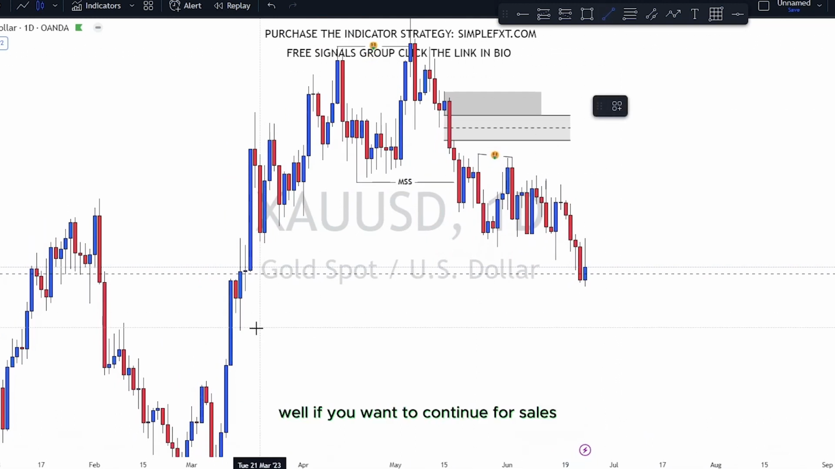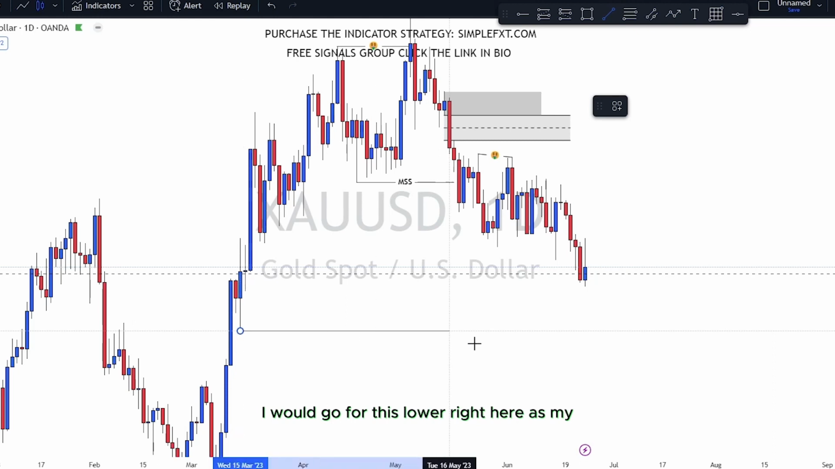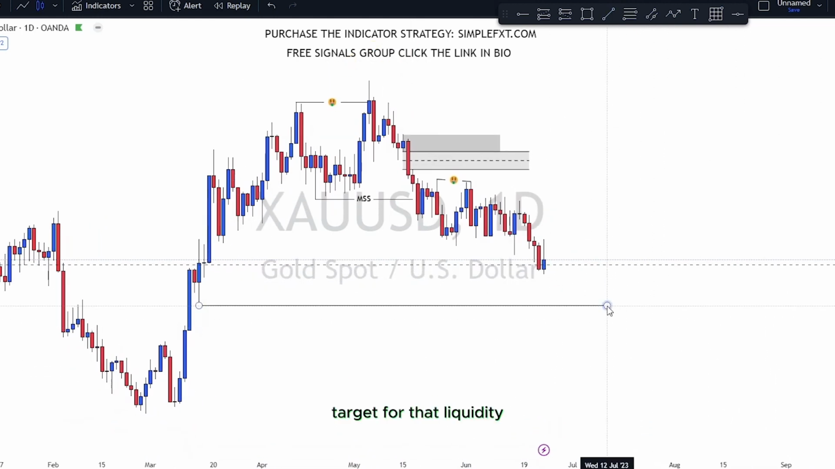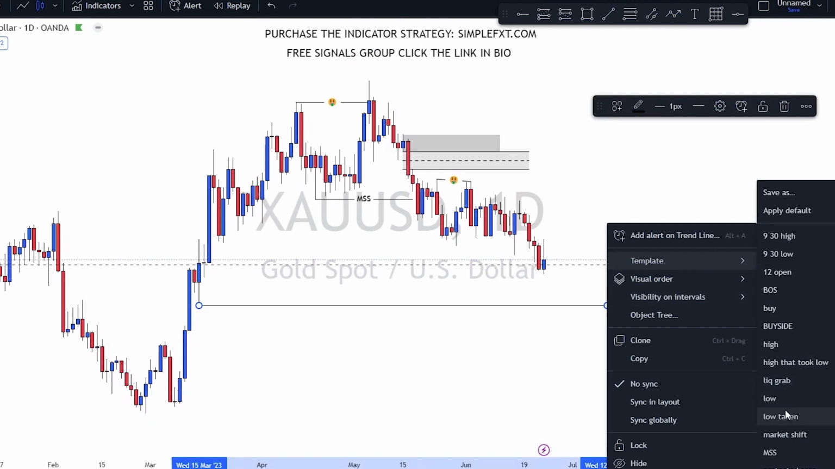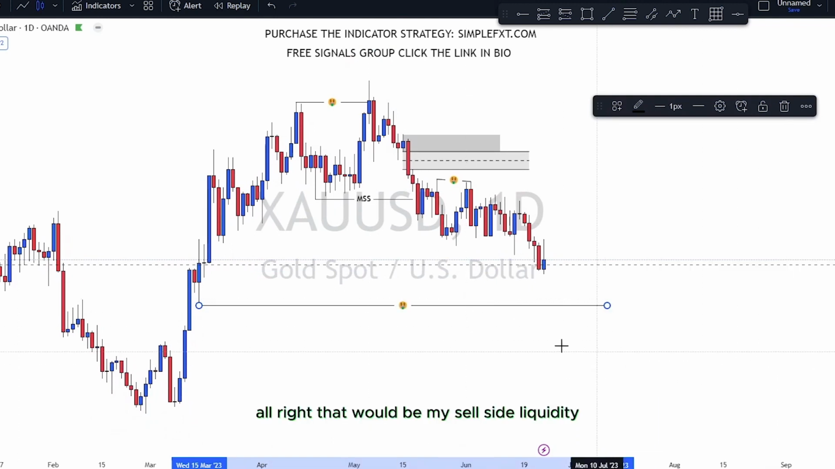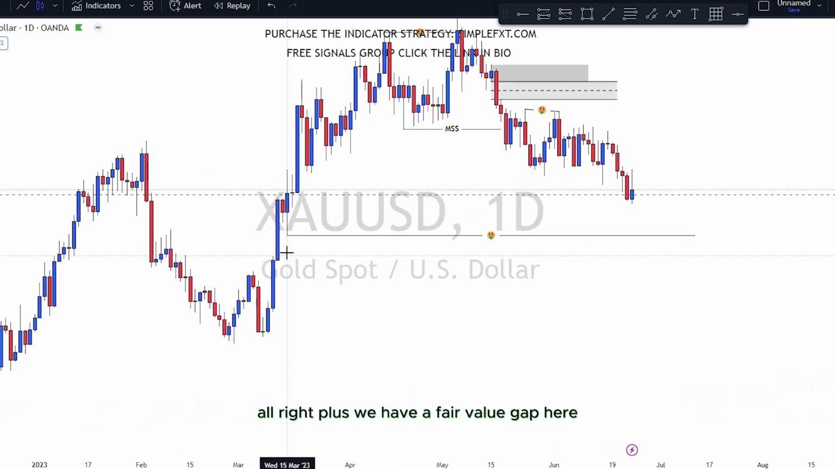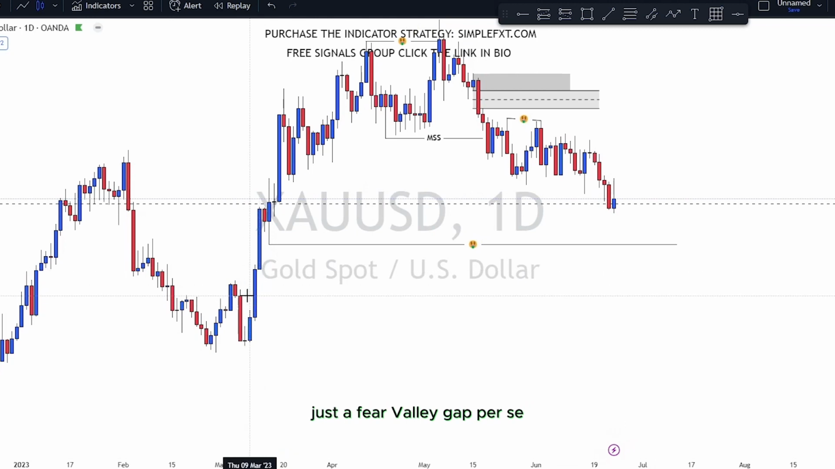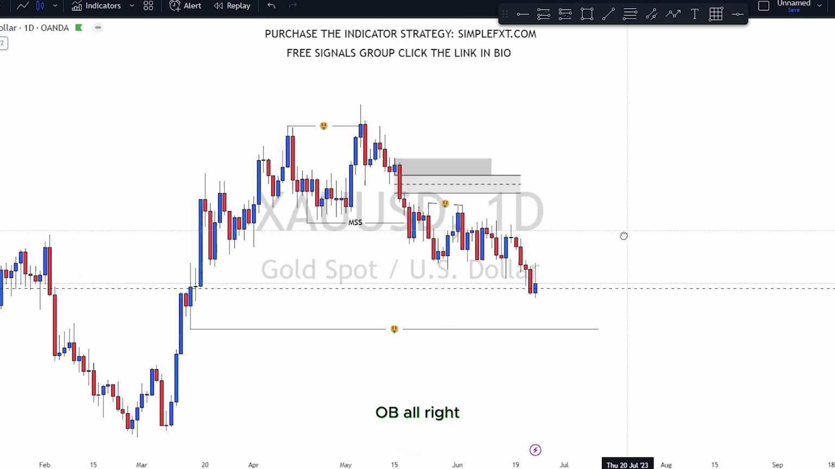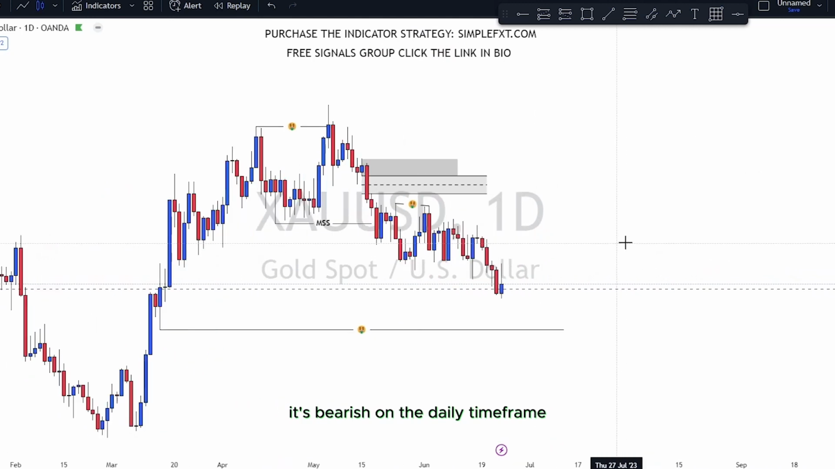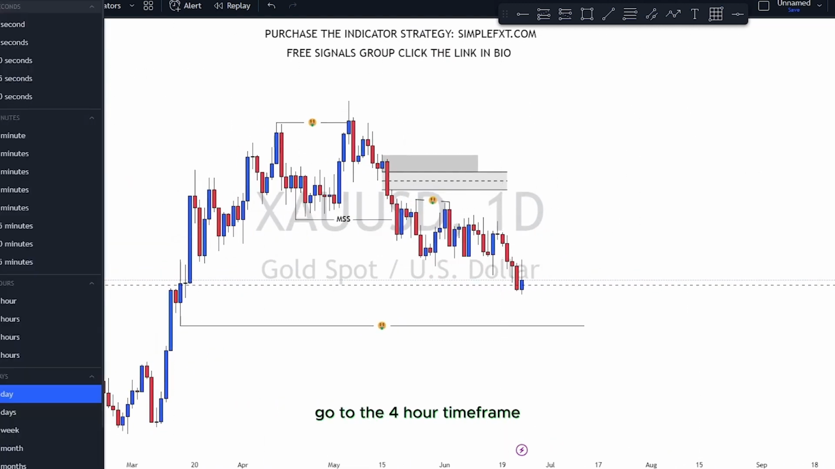But if we want to continue for sells, I would go for this low right here as my target for that liquidity for the sell side. All right, that would be my sell side liquidity. All right, plus we have a fair value gap here, plus just a fair value gap, plus an OB. All right, so after I've noticed that it's bearish on the daily time frame, I'm gonna now go to the